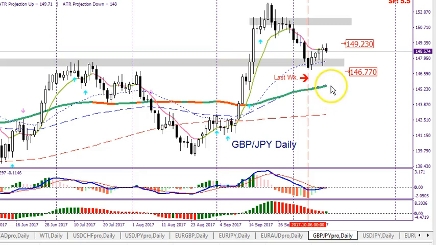Okay, and you could look at buys above 149.23. So look for evidence. So you would need one white candle to close above here, and then you could take a buy trade. Okay, if you think price is going to come down lower, then you could look at sells below 146.77. So that is what I saw for this